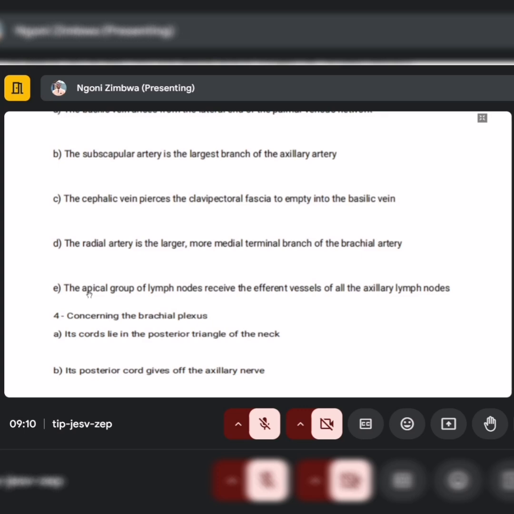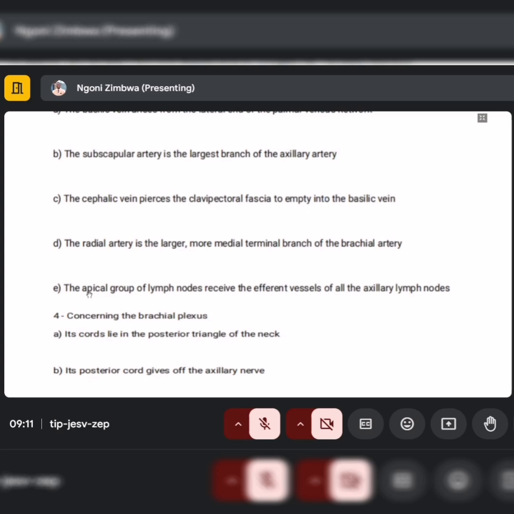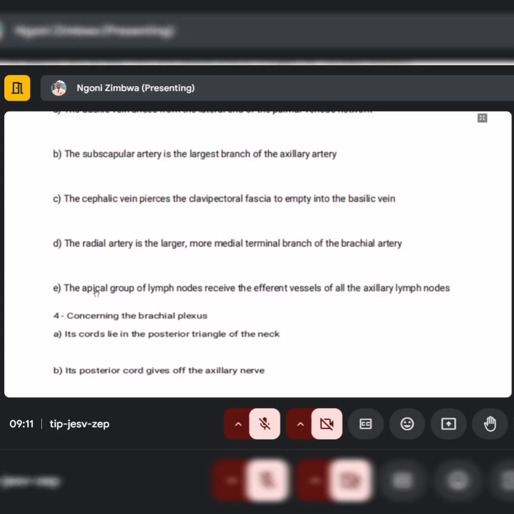Why? Because they are sitting on the lower border of the subscapularis muscle. These receive lymph from the back above the iliac crest, right? And then the I, that's your infraclavicular lymph nodes. So take note, the infraclavicular lymph nodes drain all the lymph of the upper limb in the lateral aspect